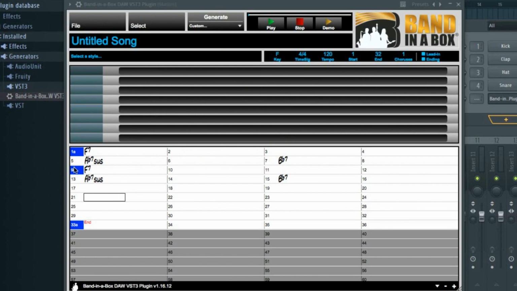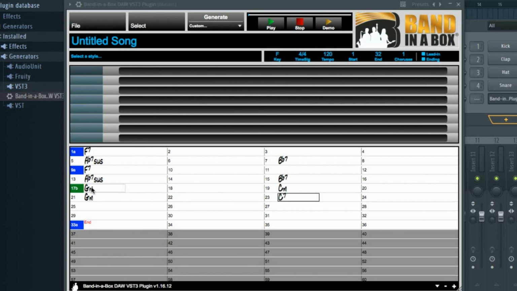the drums will play a fill in the bar right before that part marker. At bar 17, I'll add a part marker as well, but I'll click a second time to make it a B part marker, which means the drums and sometimes other instruments will change what they are playing at that part. And I'll enter G minor, then C minor at bar 19, G minor at bar 21 again, and then C7